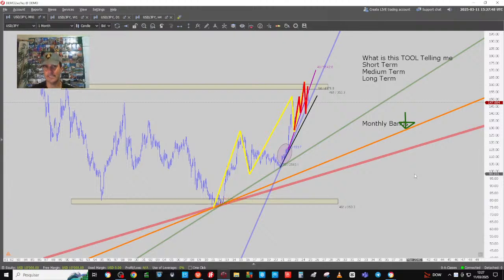Let's see how smart. It takes some time, fair enough, but think a little bit. Use your brain, God gave you a brain to think. If the monthly chart is pushing down short term on every currency pair or every time frame, what is going to happen on the smaller time frames? Type in the chat. You can type in the chat the smaller time frames are going up. You can type in the chat the smaller time frames are going down. Or you can type in the chat, boss, I don't know, this is higher physics. I don't know.